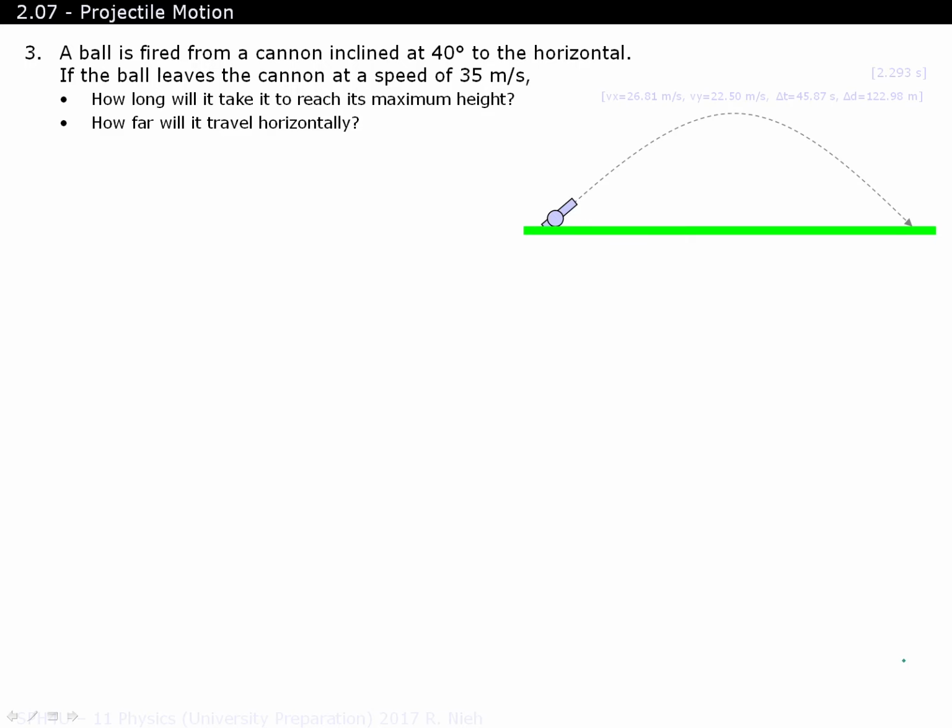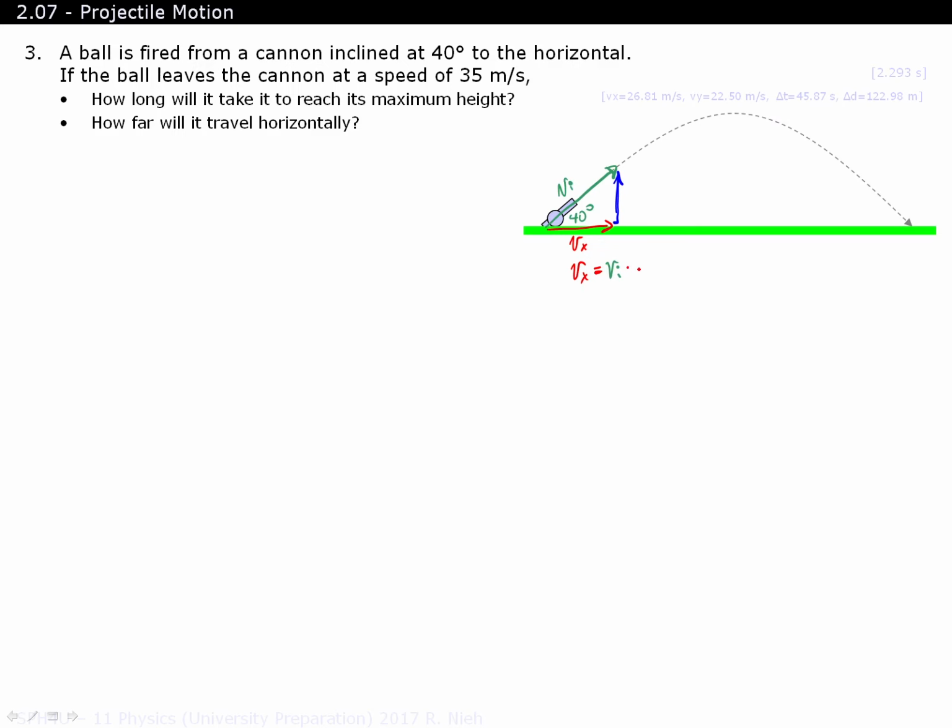A ball is fired from a cannon inclined at 40 degrees above the horizontal. So let's just sketch that on top of this diagram here. All right, so it's projected at an angle of 40 degrees above the horizon. That way we can figure out what our horizontal component is and what our vertical component is. Remember that our horizontal component always remains fixed, so it's called Vx, and Vx can be calculated by multiplying the hypotenuse, which is Vi,